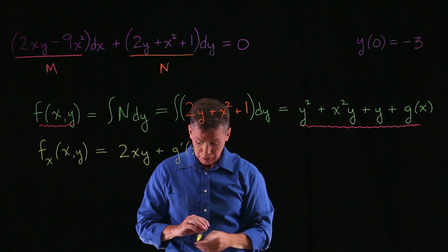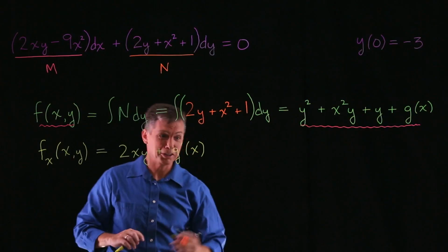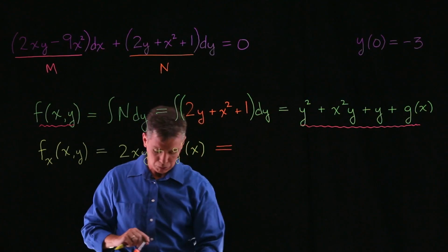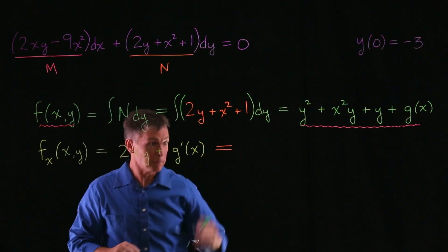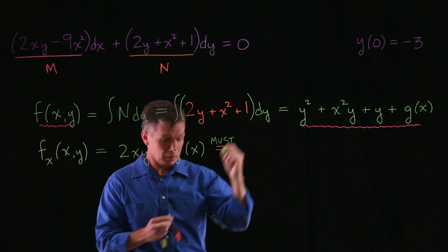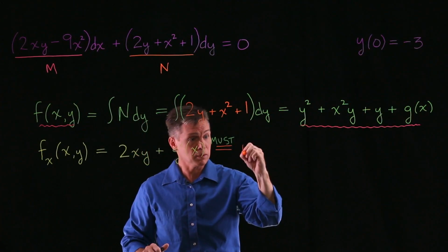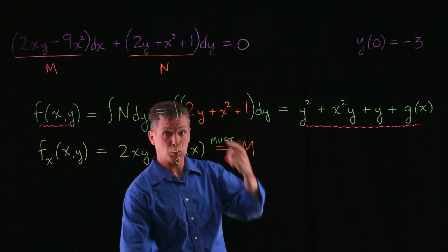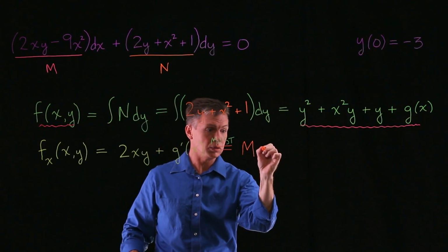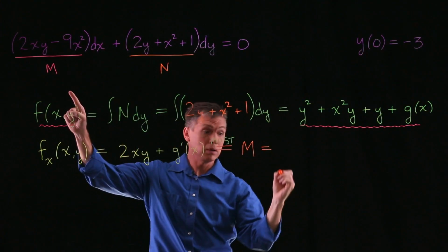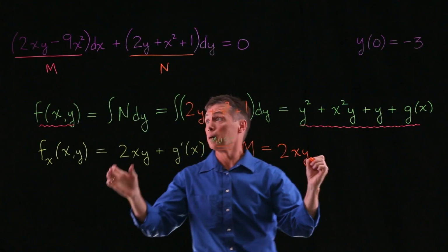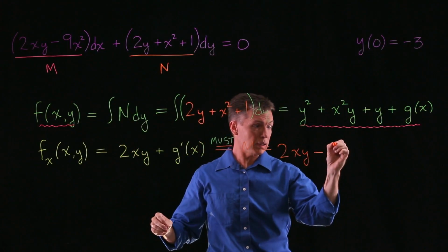And we do that because, I'll switch colors for you here again, that must equal M, that capital M that we labeled at the beginning of the problem. So that has to equal, what was my M, 2xy minus 9